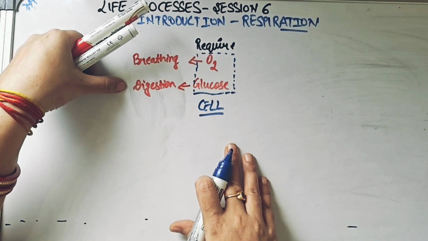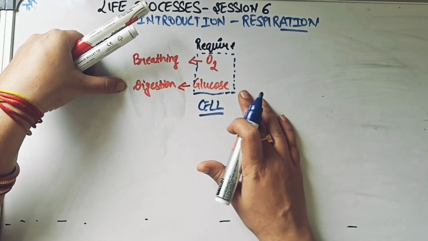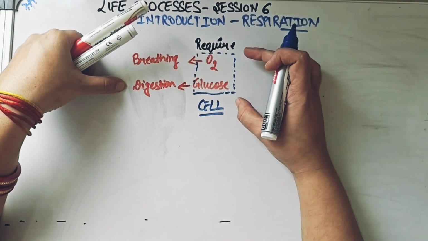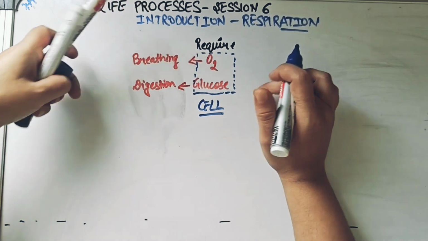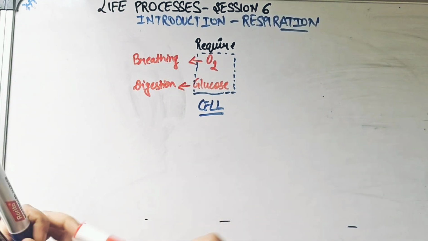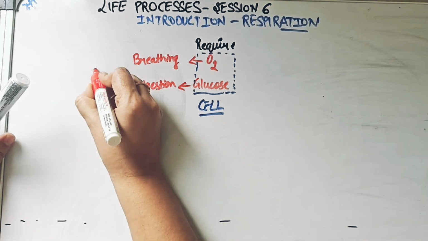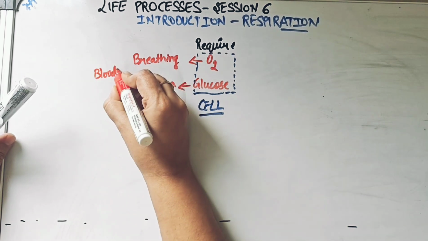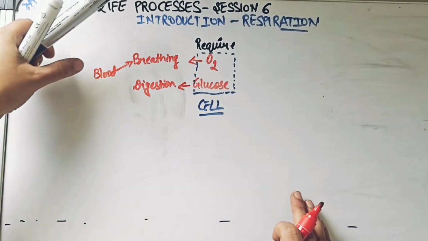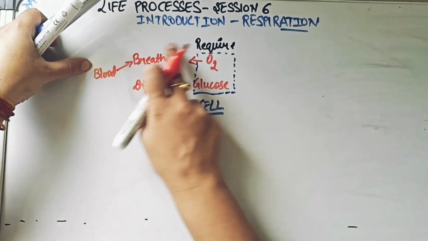So the digestion process that we have gone through is going to give glucose to the cell. But who is actually going to bring this oxygen and glucose to the cell? The important fundamental flowing material that we have in our body is actually the blood. We do know that whenever we are inhaling, the oxygen is getting mixed with your blood going to your